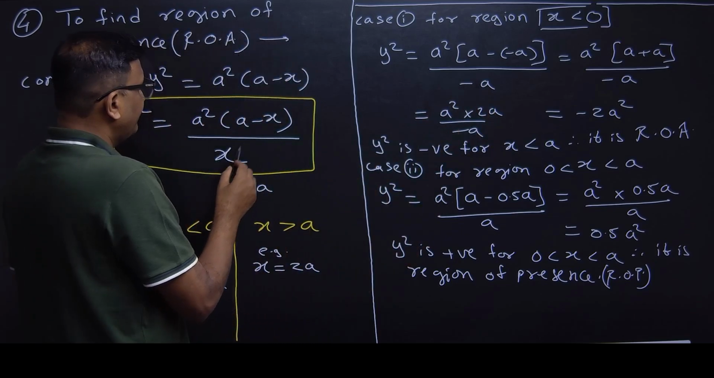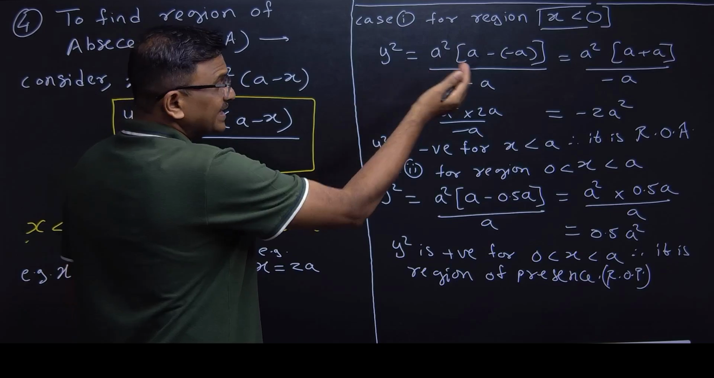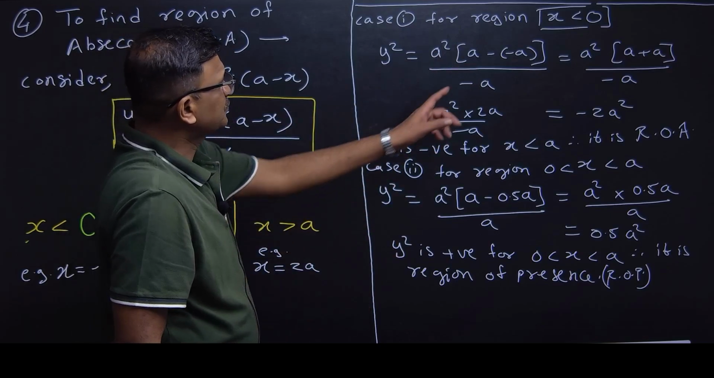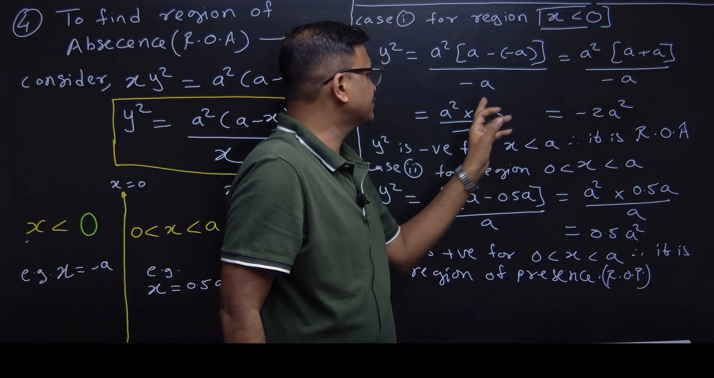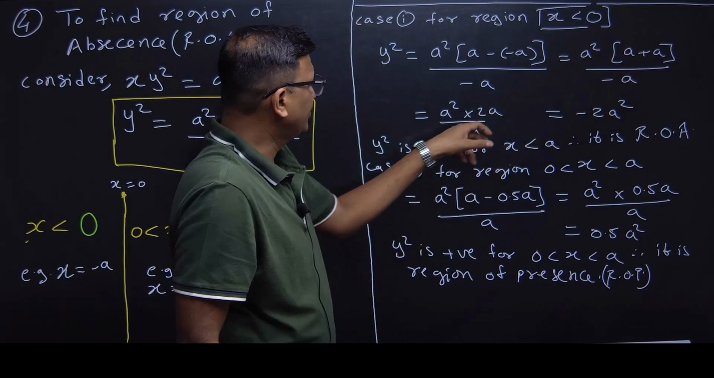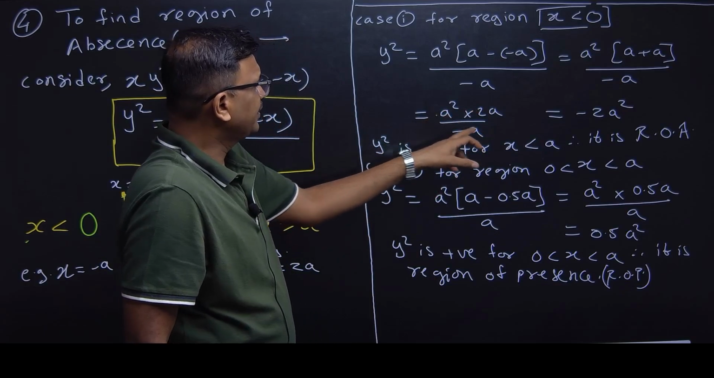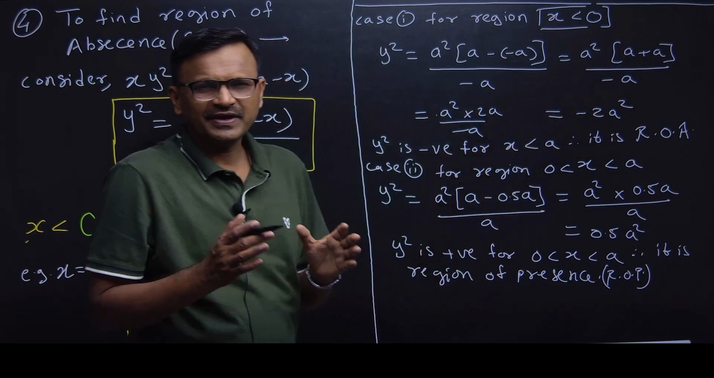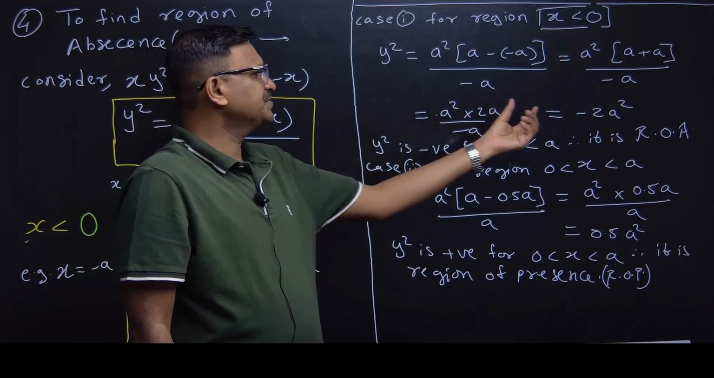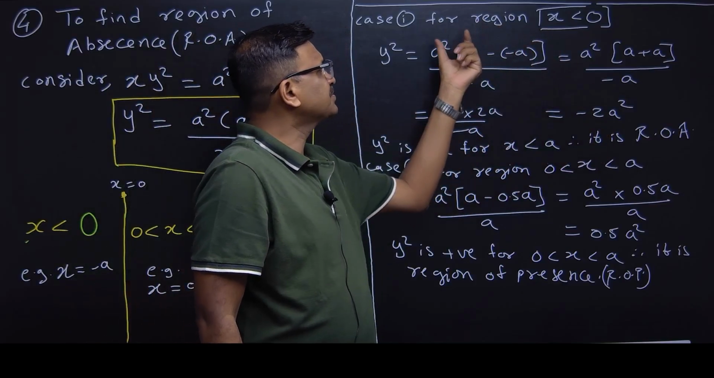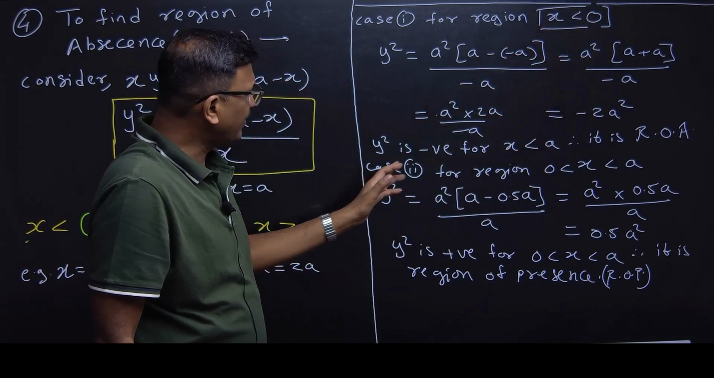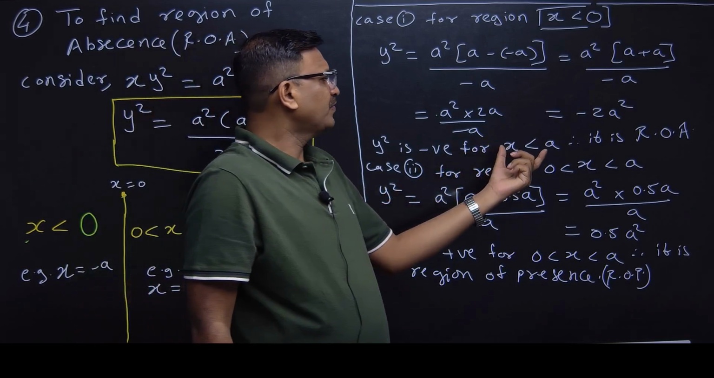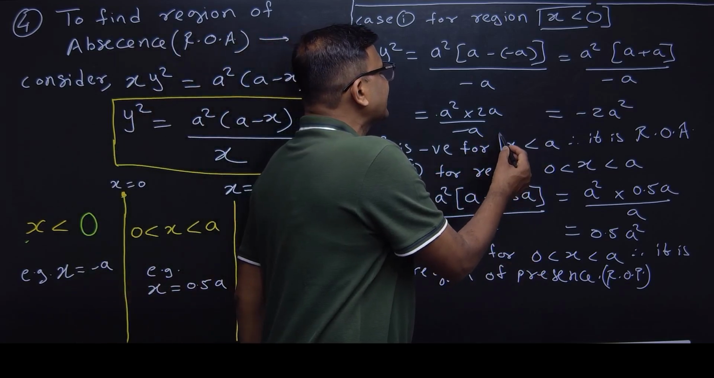Where x was, we put minus a, for the region x less than 0. If you solve that, minus of minus will become plus, a will become 2a. It will become a square into 2a upon this minus a. When a gets cancelled, we get this as minus 2a square. We are interested in checking whether y square is positive or negative. By substituting x is minus a, which is a value less than 0, we see that y square is